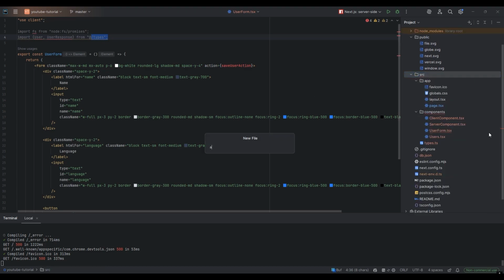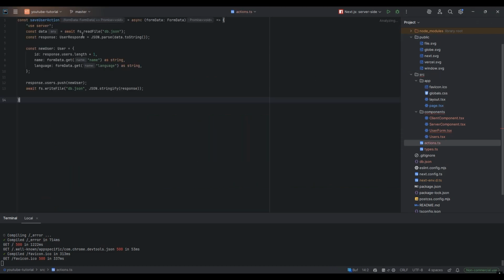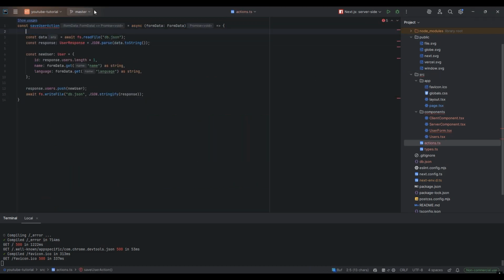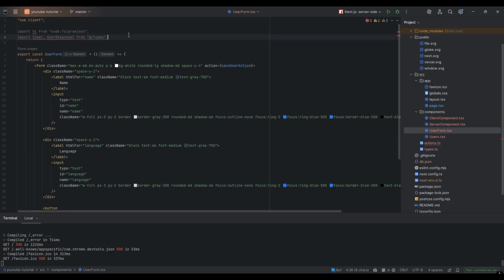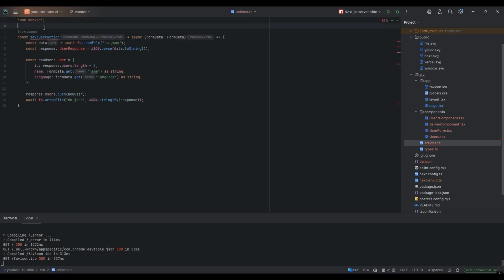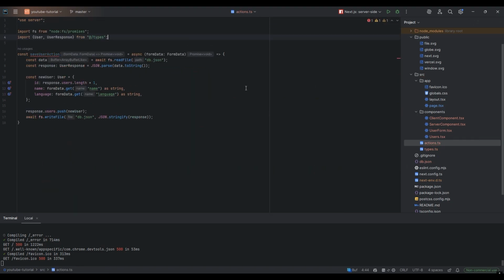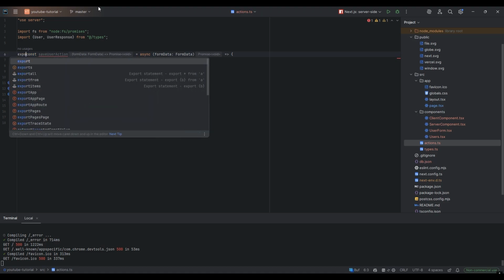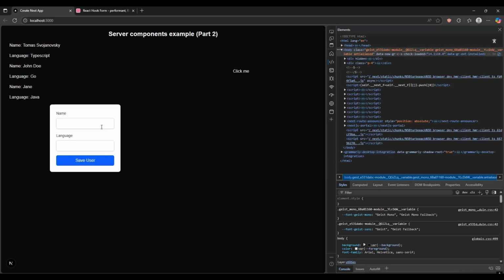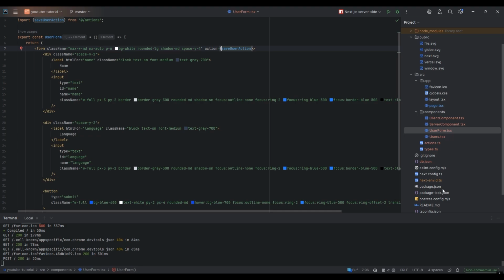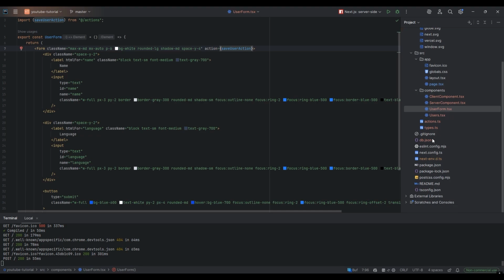So let's say actions.ts, and now you need to move this "use server" from the function to the top of the file. Let's move it to the imports and move it to the actions.ts. We need to export it, and now let's import it in the file. And you can see if I type George and go and save it, you can see in the